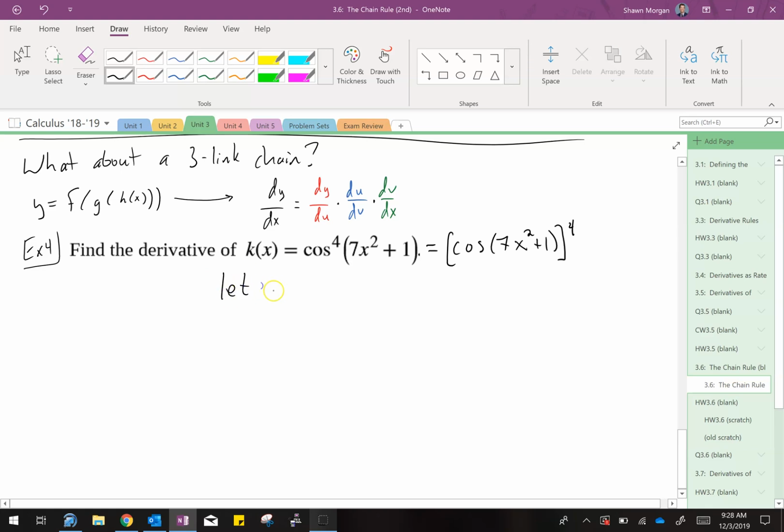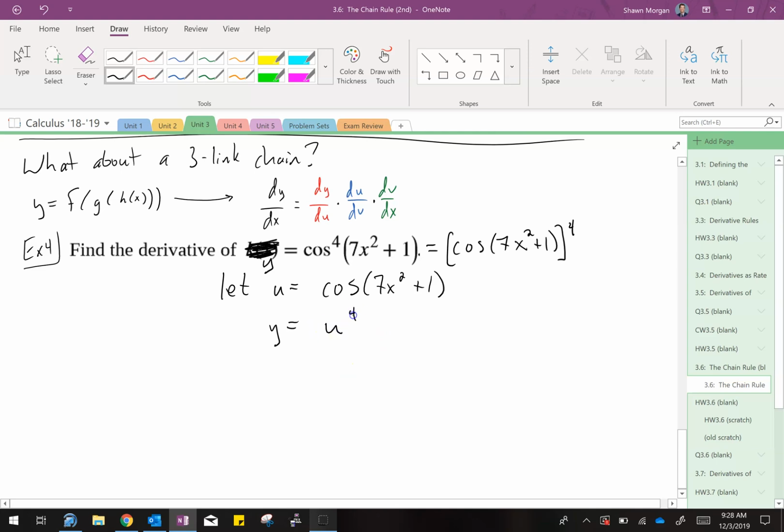I'm going to say let u equal the thing that's being raised to the 4th power, which is cosine of 7x squared plus 1. Okay, and we'll start there. So what I can do is I can rewrite, as I oftentimes do, instead of looking at this as k of x, we're just going to look at this as y equals. All right, so what I'm doing is I'm rewriting, instead of y in terms of x, I'm going to write this as y in terms of u. Okay, so in other words, y equals